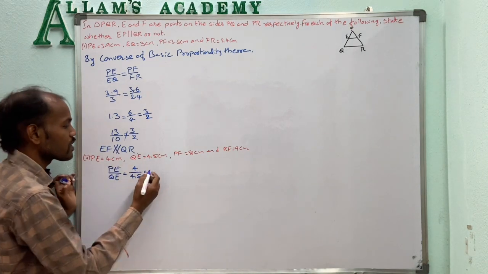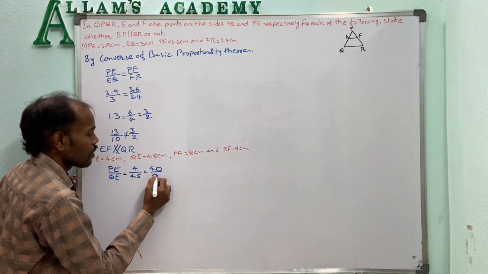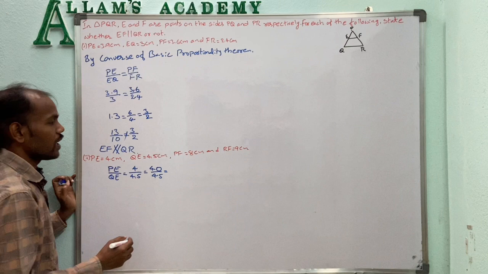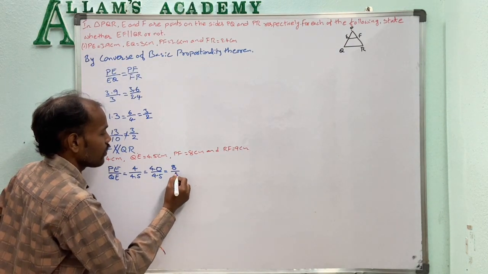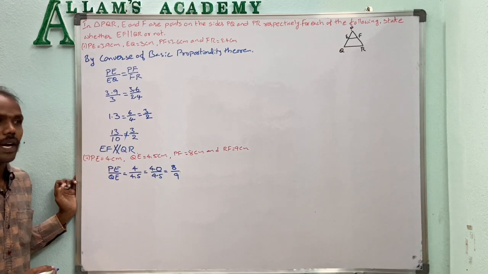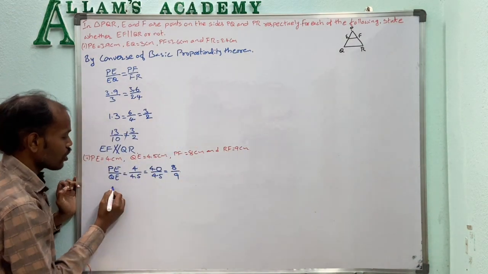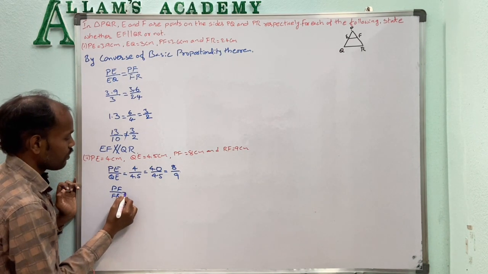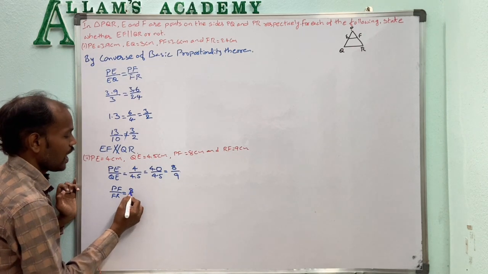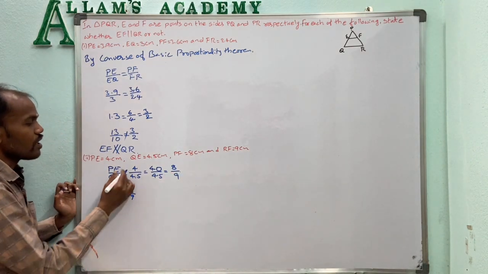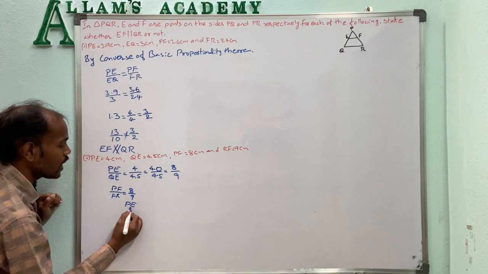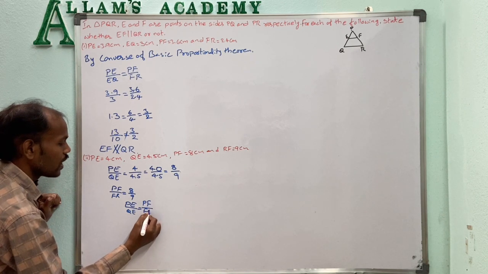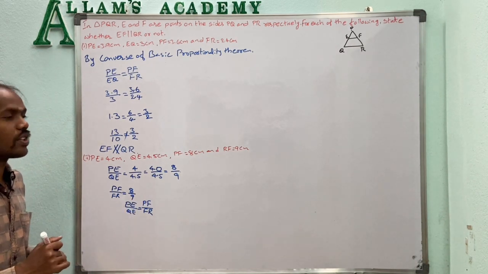Point removed means in the numerator we can take 0. So 40 by 45. Both will go in the 5 table. So 5 eights are 40, 5 nines are 45, that is 8 by 9. And next the sides ratio PF by FR. PF length is 8 and the FR length is 9. So here the PE by QE ratio is equal to PF by FR. So both sides ratio is equal.